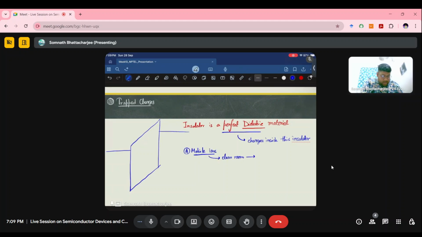Because of this, there can be several kinds of mobile ions inside this dielectric layer. When you are fabricating this dielectric material, these mobile ions can be introduced, and based on that there can be impurities in this dielectric material. Second,